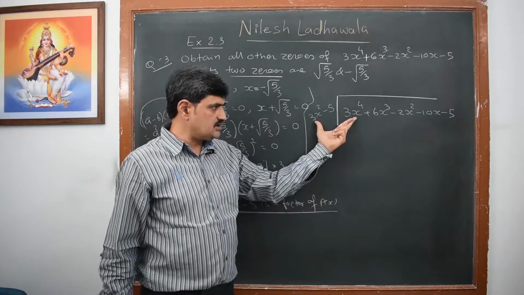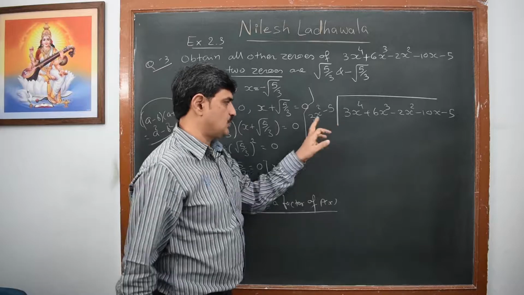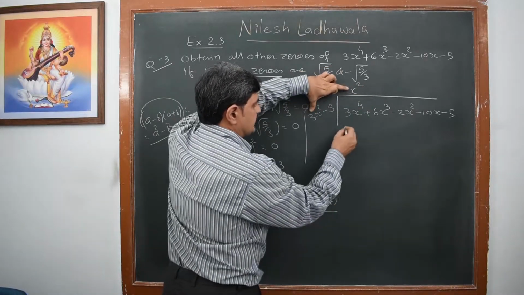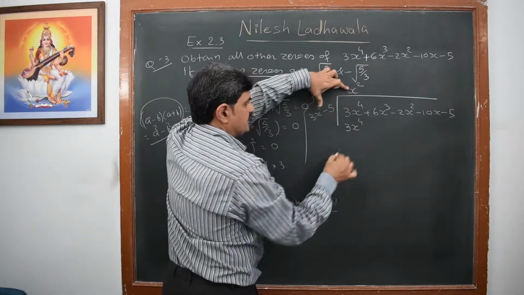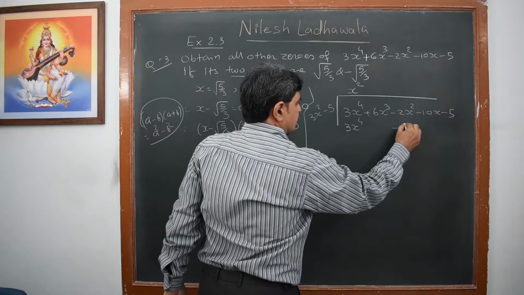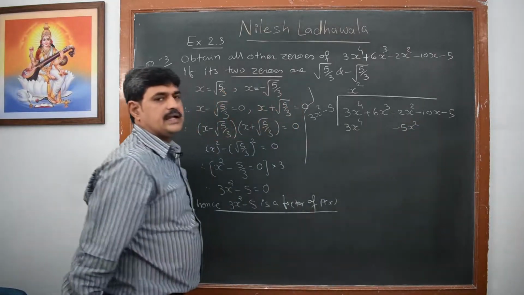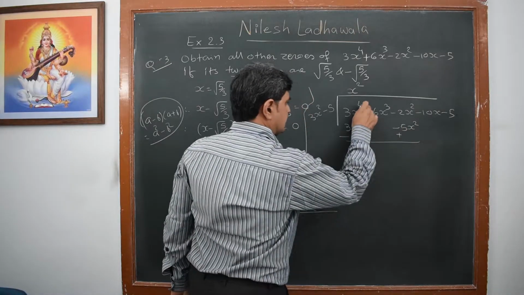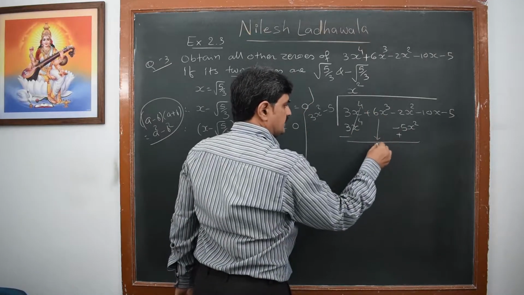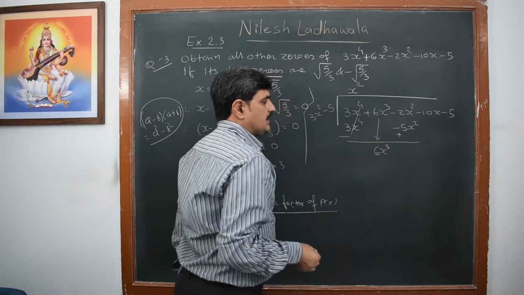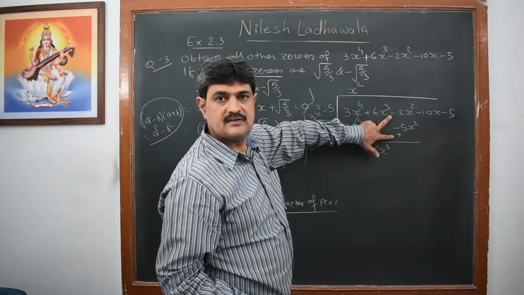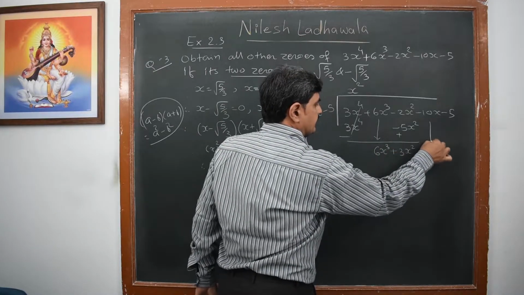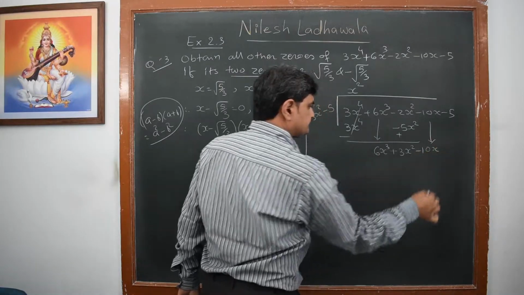We will do the division by the same method. First I want 3x raised to 4 and I have 3x squared. So I should multiply it with x squared. So we have x squared into 3x squared, that is 3x raised to 4. Minus 5 into x squared, that is minus 5x squared. Again you should remember that you have to write the like terms together. Now we have to change the sign, it is cancelled. So we have here 6x raised to 3. Now minus 2 plus 5, that can be written as 3x squared. Now I obtain here minus 10x.